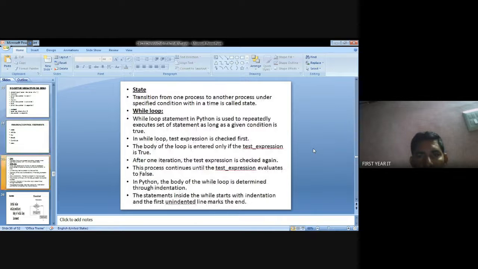First, the while loop. The while statement checks the condition. If the condition is true, go to execute the statement. Otherwise, if false, go to the end of the statement. That is called the while loop.